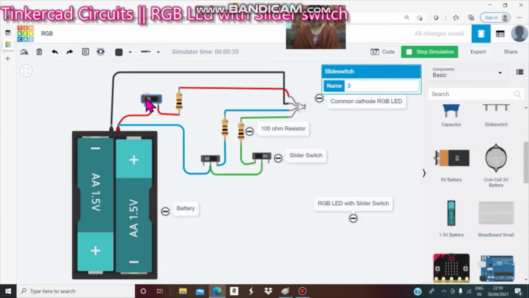Then switch off. This is for the blue LED. When you switch on, you can see the blue LED. Then switch off. This is for the green LED. You can see this.